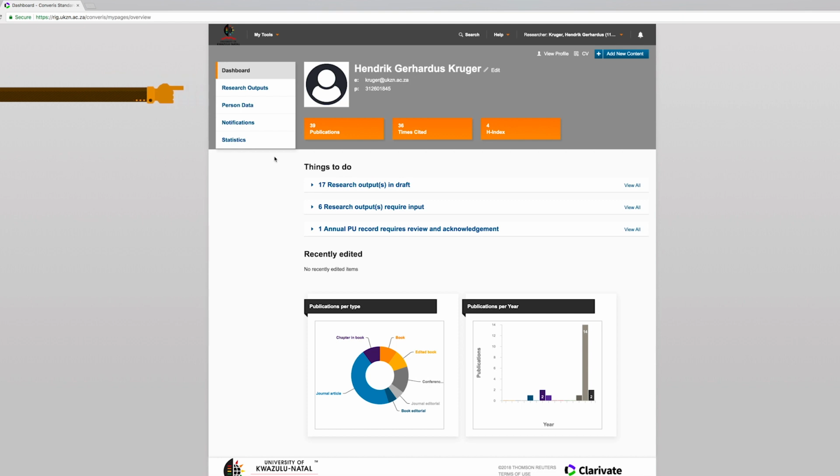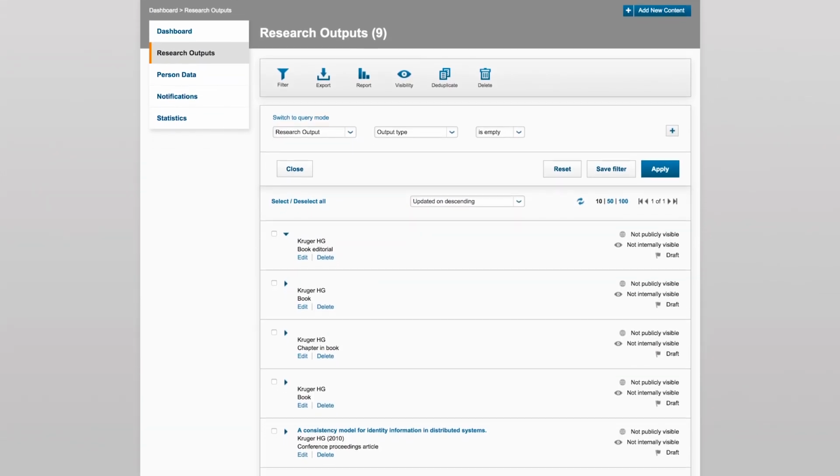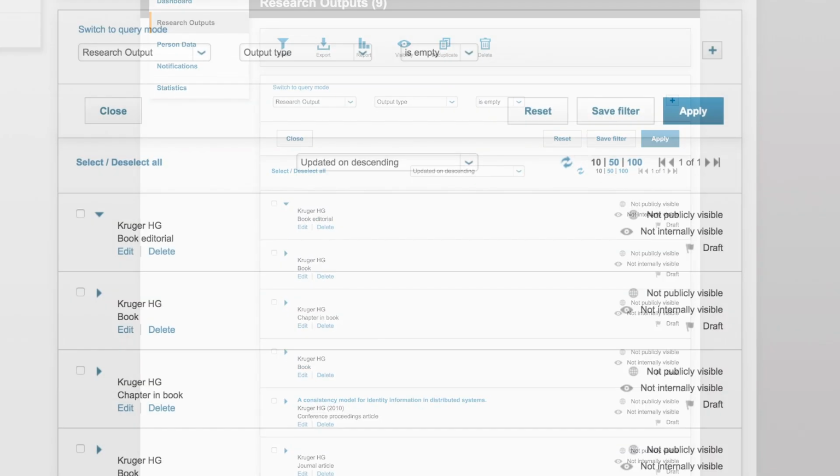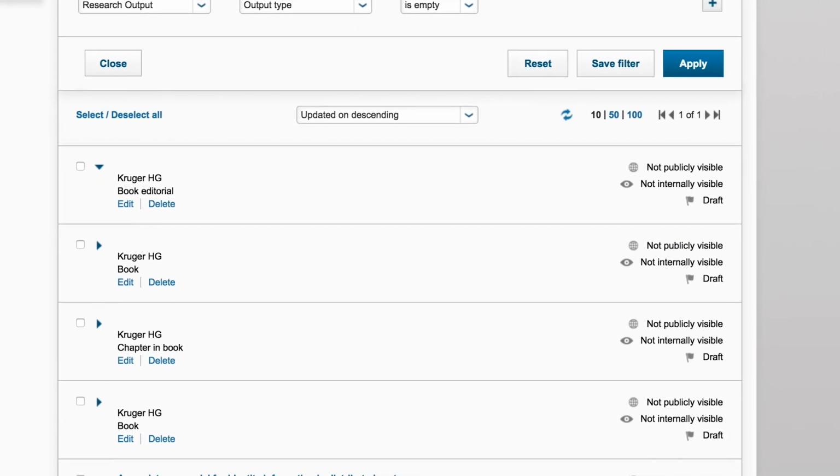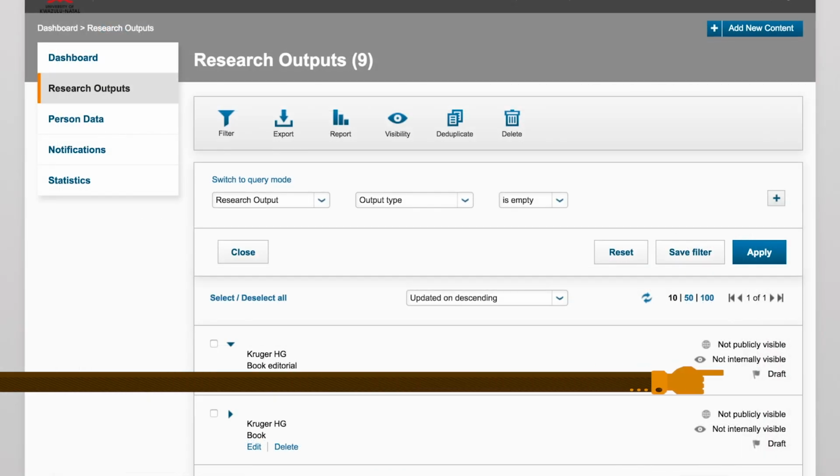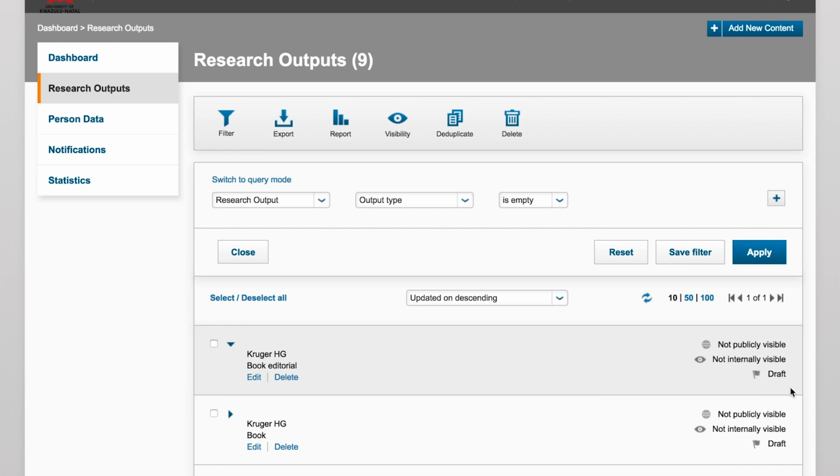The Research Outputs tab will give you a list of all research outputs you have added into the system. For example, journal articles or a chapter in a book. Over on the right-hand side of each record, there is a status flag that indicates where in the process your submission currently is. A draft status indicates that your submission is still with you, as you may still be working with it. A status of initial review by Research Office indicates that your submission is with the Research Office for initial review,